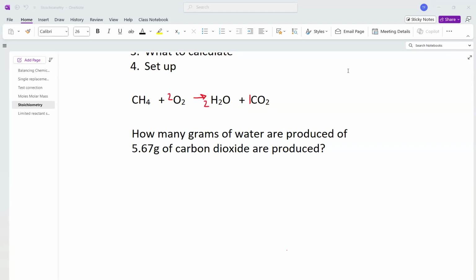Okay, what I'm going to do is go over simple stoichiometry first, and then we'll get into the more intermediate stoichiometry where we actually have more than one given. In this particular problem, we have one given. That's 567 grams of carbon dioxide. How many grams of water are we going to produce? So we're going from